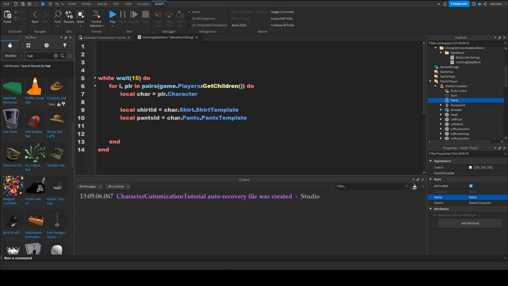And now we are gonna create 2 IDs. Local ID 1 equals to, in quotation marks, shirt dash plr.user ID, and the second one, and here we just need a dot, and then the second